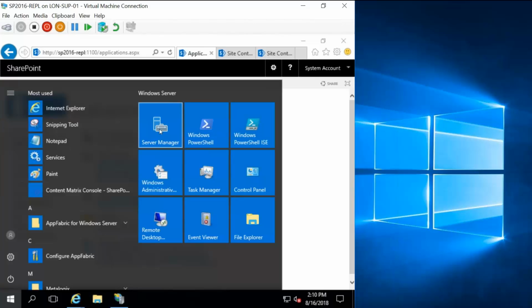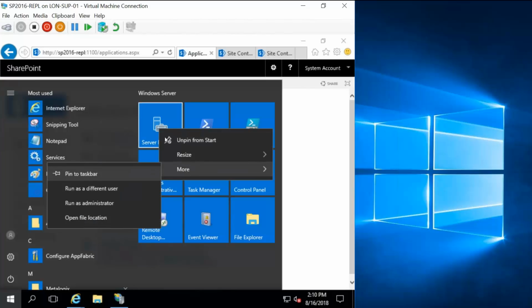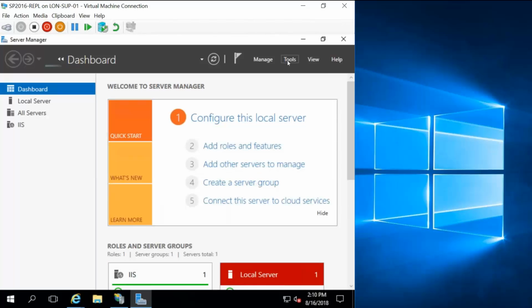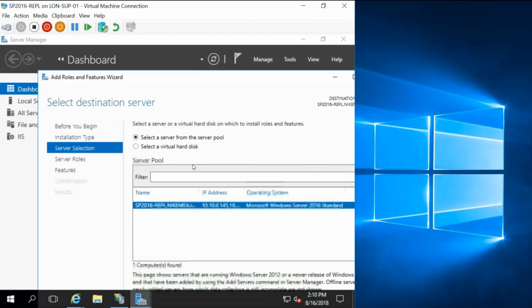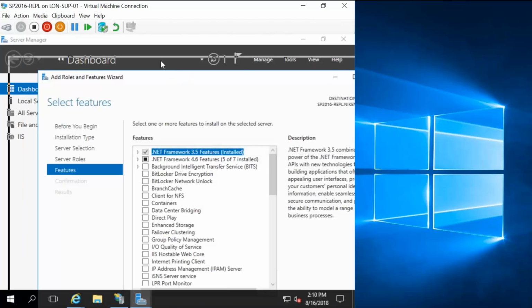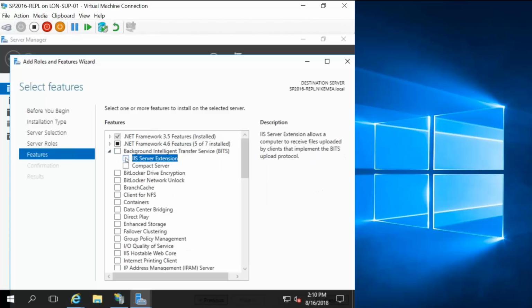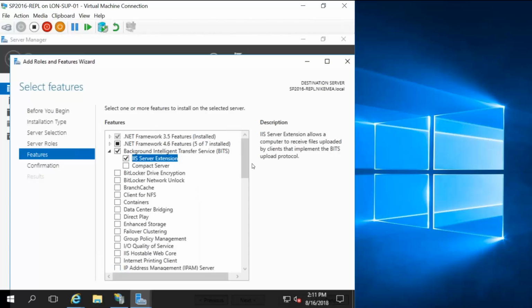Actually, we just need to open the server manager and install a feature for the IIS extension. So let's go to Manage, Add Roles and Features. I just have one server, so I just go to the features instead. What we need is Background Intelligent Transfer Service, the IIS Server Extension. It will add some more prerequisites, so I just add those features and let's begin the